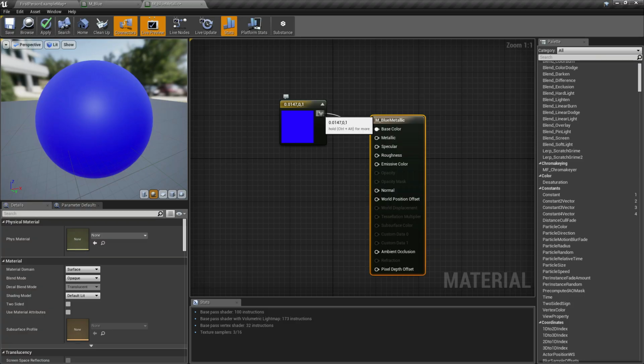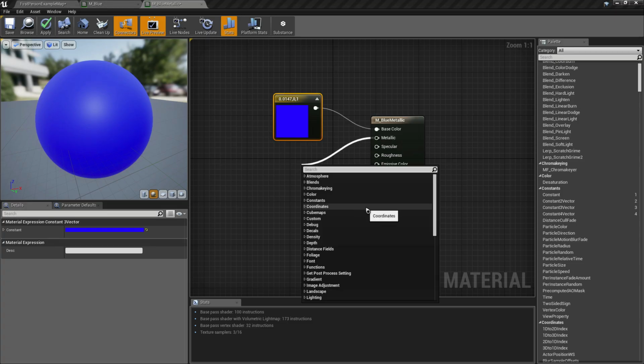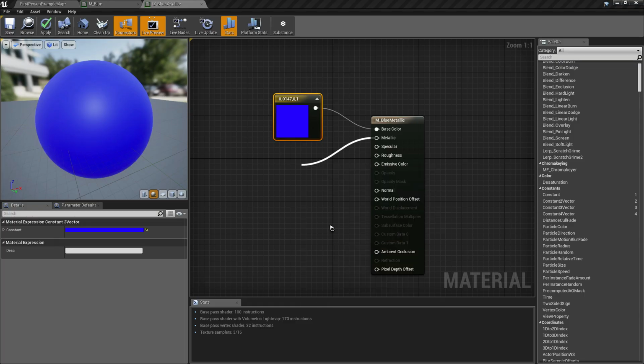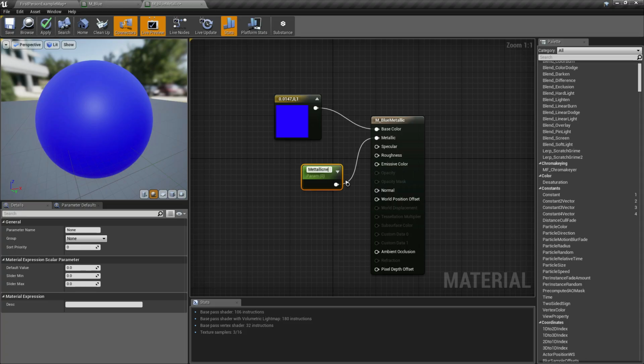Instead of connecting directly to the vector, we're going to connect the metallic connector into a scalar parameter. So this one. So let's name this parameter metallicness.